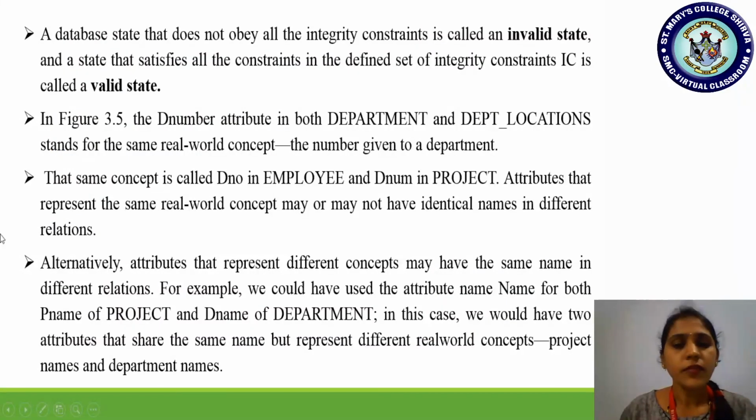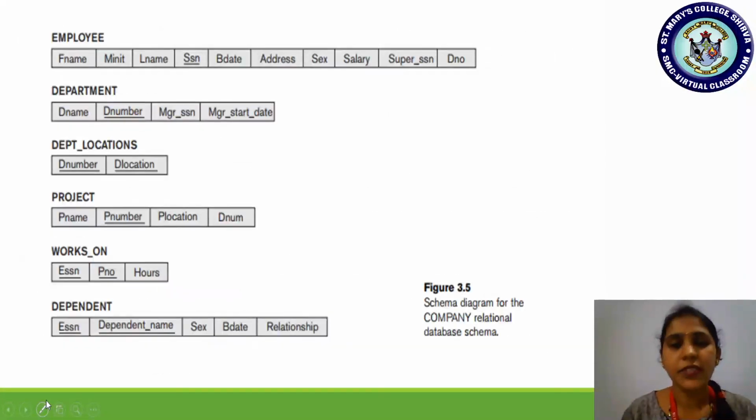Okay. Then, alternatively, attributes that represent different concepts may have the same name in different relations. For example, we could have used the attribute name for both P name for project and D name of department. In this case, we would have two attributes that share the same name but represent different real world concepts, project names and department names. It means very simple. Just check out here students. In the department, we have given D name. In the project, we have taken P name, right?